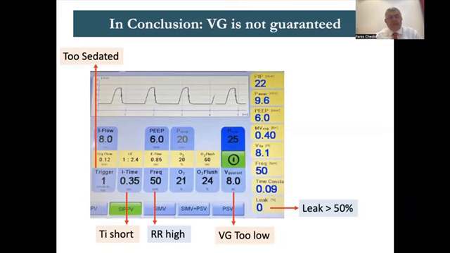The triggering: don't sedate the patient too much or paralyze him, because if the patient is too sedated, he cannot trigger. As I said, untriggered breaths need more PIP. Another aspect is to set the trigger sensitivity as low as possible. Start from high and go down until you see the patient taking breaths. The color of the graph here will change because the breaths are triggered. Then you stop there, and you say, this is the trigger he wants. So allow the patient to trigger by changing the trigger sensitivity.